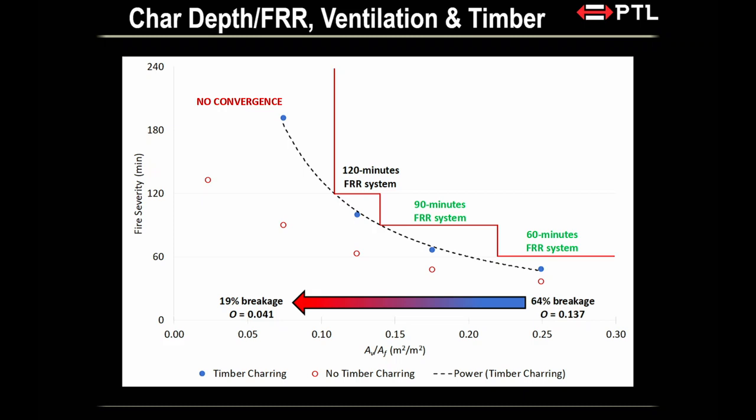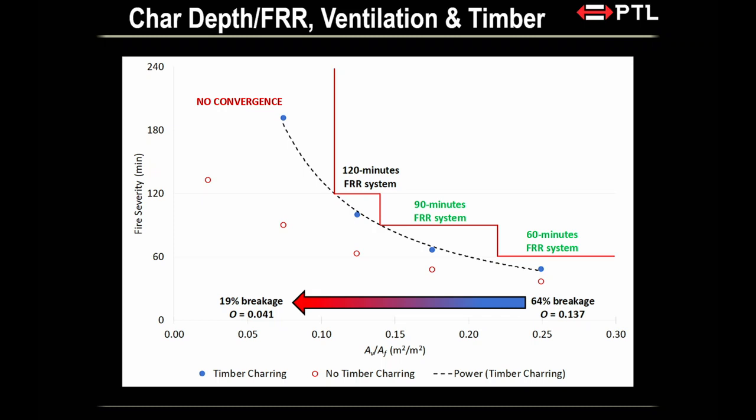All the way on this left-hand side is where ventilation is limited, right? You might have double, triple glaze that never breaks, or I've been imposed a particular requirement that I cannot break more window than a certain amount. This is it, probably, right? So in this particular case, that side, 64% of the window of an apartment is breaking. Here, it's reduced down to a third, 20% of the window is breaking.